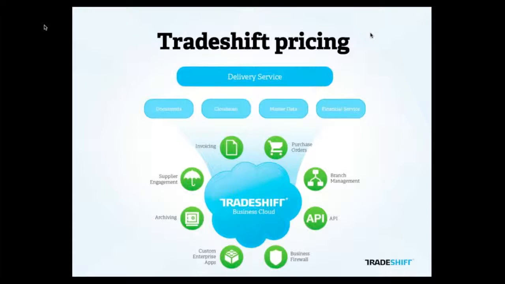So the base platform. And on top of that, then you buy the actual CloudScan engine, and there are other options on top. So if you want to do the financial services, if you want to do master data, and so on. And then you buy the number of invoices,